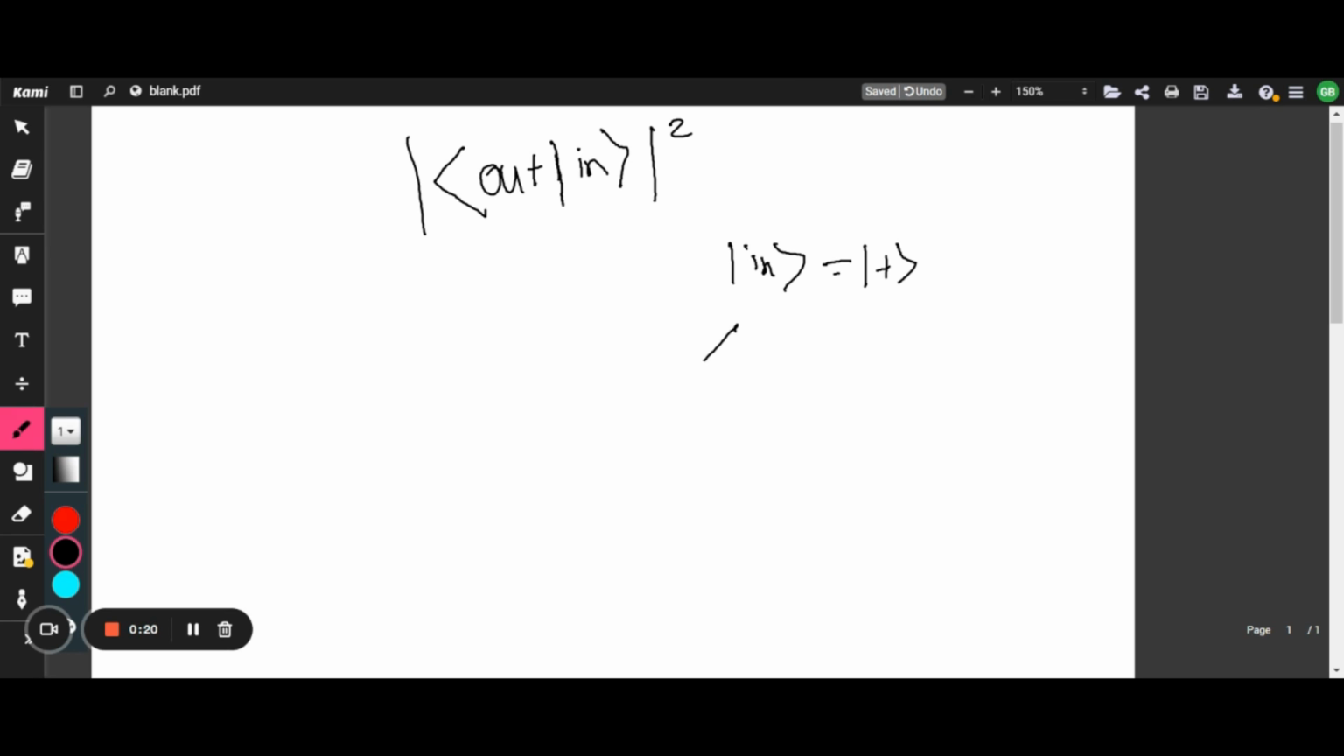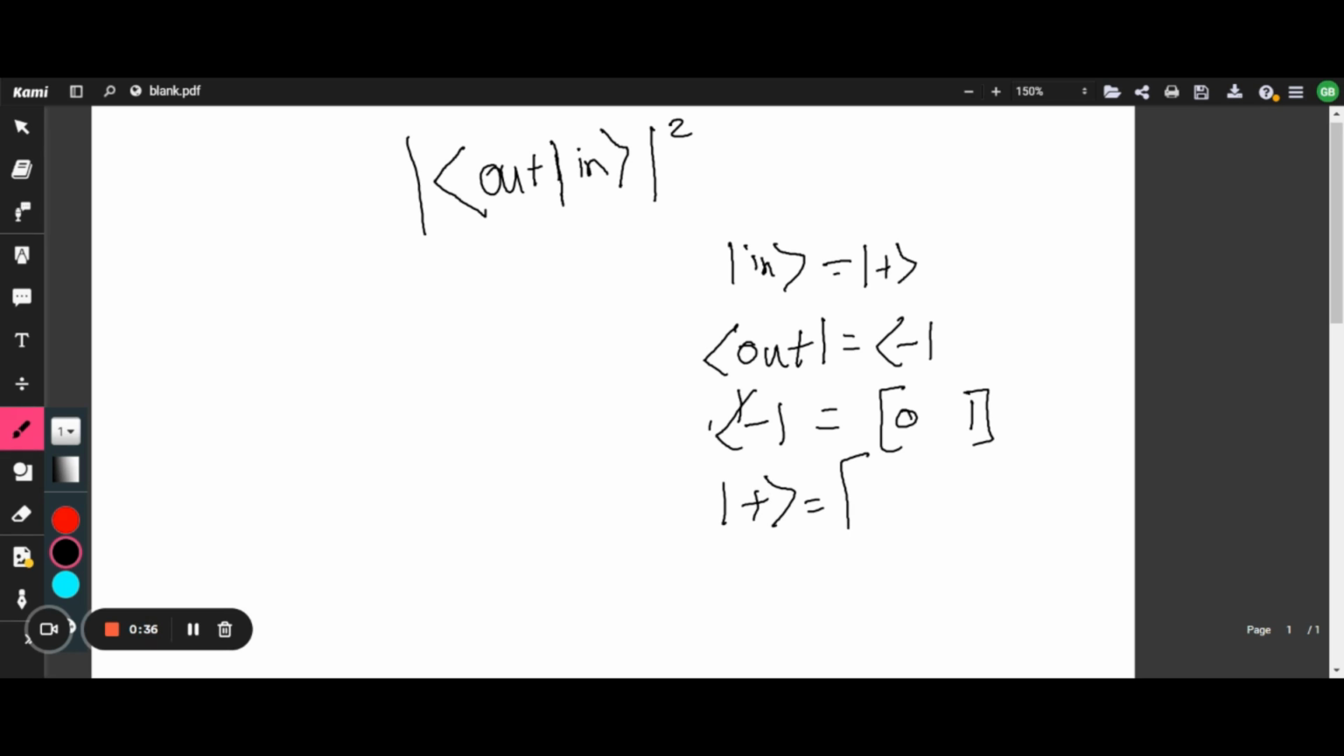And then the output that we're trying to find, let's say it's going to be spin down. So spin down for a ket vector is just 0, 1. And the spin up ket vector is just 1, 0. So by using this formula, let's calculate the probability. So the probability of finding spin down